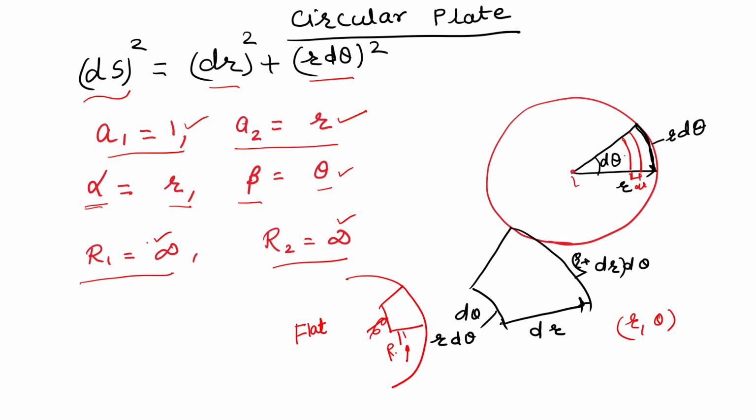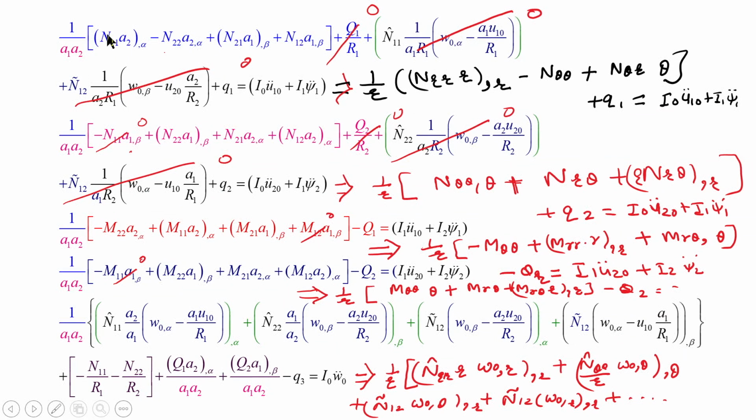So, if you want to compare, like if we have a cylindrical shell, then you can see that from the bottom side and this side. From the bottom the shell is cylindrical, but for the case of a plate, if you see from the bottom, it is a flat piece. So, R1 and R2 are infinity for the case of a circular plate. So, in this equation, R1 and R2 are infinity.